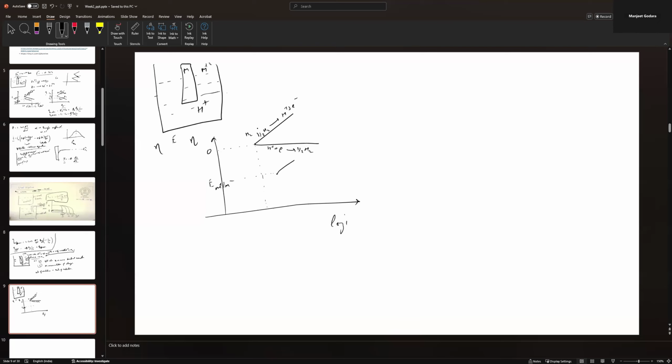Again, you have both cathodic and anodic reactions taking place. So if you increase the potential, you have a cathodic reaction and an anodic reaction taking place. The anodic reaction is metal gives metal 2 plus plus 2 electrons, or n electrons, and the cathodic reaction is metal plus n electrons gives metal. And wherever these two